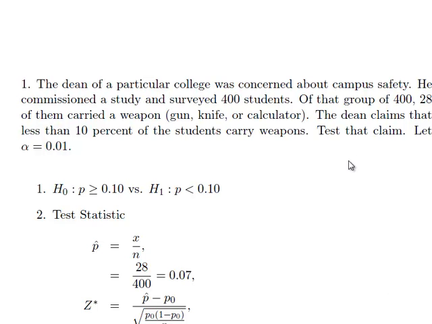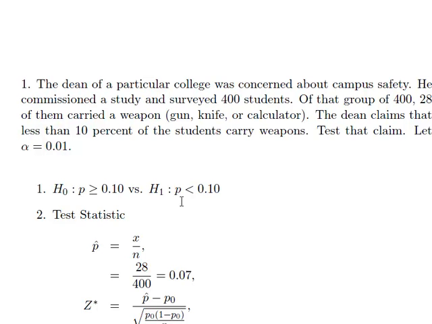Alright, so we have test that claim. That tells me I'm going to use the 4-step procedure for testing hypothesis. Then how do I know what to set up? Well, we have less than 10%. So the less than points us to less than in our H1. The percent tells us we're dealing with proportions. So we're going to have, in step 1, H0: p greater than or equal to 0.10 versus H1: p less